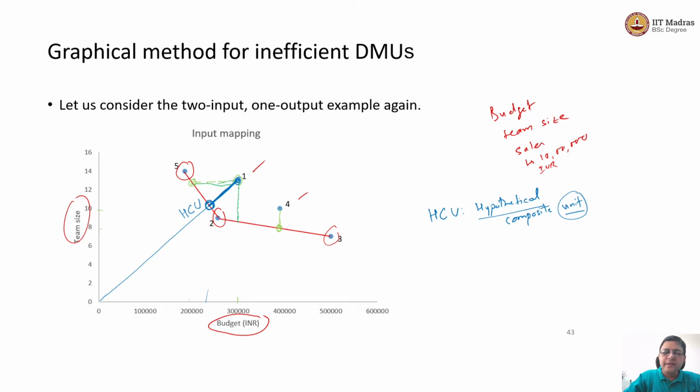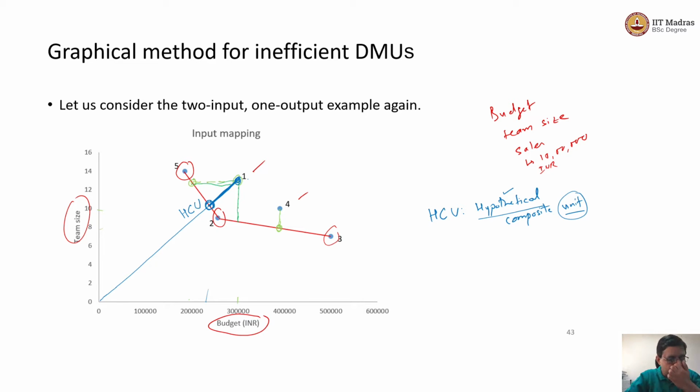So what we are asking is a hypothetical scenario where DMU1 could be if it puts in enough efforts to move towards efficiency. So in that sense, it is only a hypothetical unit. The real DMU1 is sitting here. This HCU is only a hypothetical situation. We are imagining that if DMU1 puts in enough efforts, probably it can call itself efficient if it moves towards this